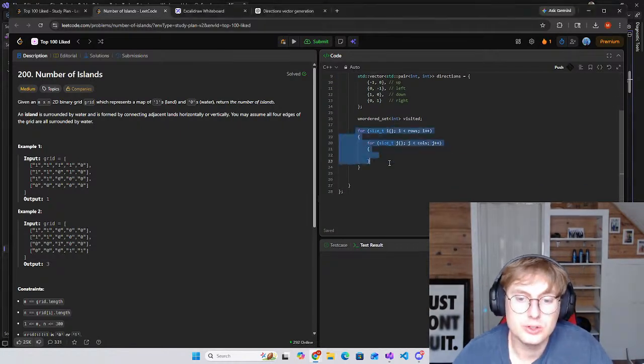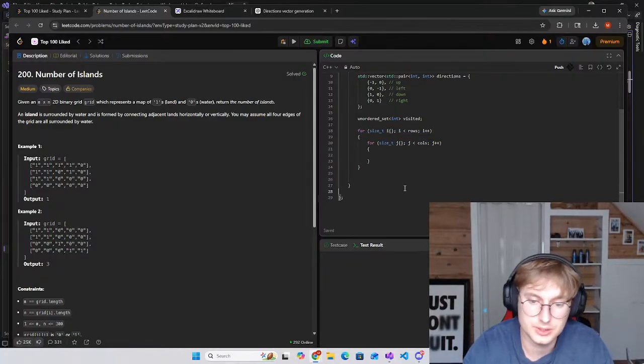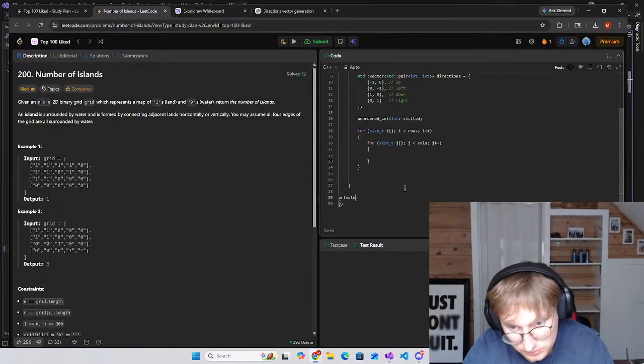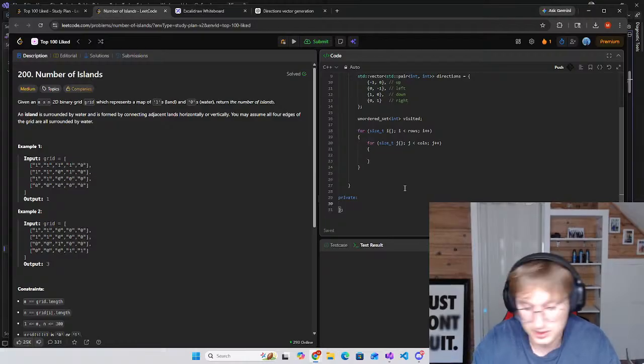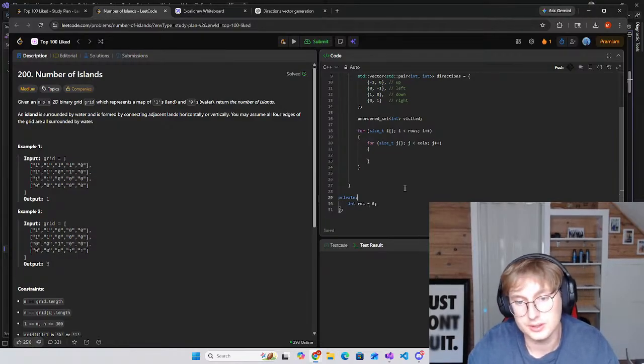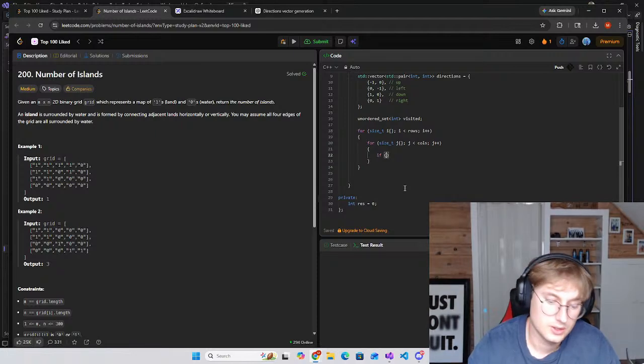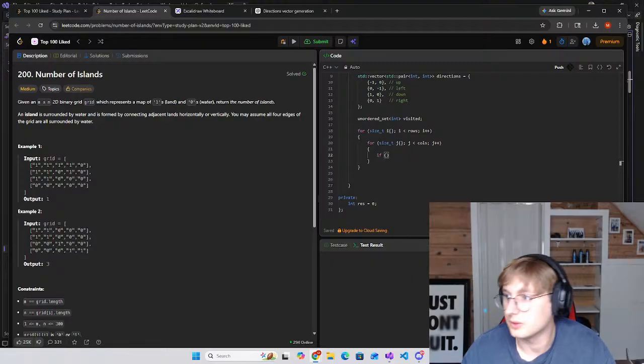I think what we want to do here, I guess we can have a private section here. We can probably keep an integer res in here. And we can loop here. We can just call the BFS function here, right? No, we'd want to check first. If it's inside visited, we just want to skip it instantly, right? So I guess we can look up the